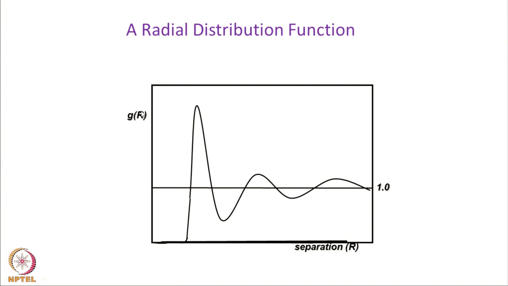Around the first particle, whenever the first shell is completely formed, I have a maximum. Second shell, I have another maximum, third shell, another maximum. Between the first shell and the second shell, as I move out, there comes a point where this density is less than the bulk density. There will be a region between the first peak and the second peak where the local density will be very small, because immediately after the first neighbors, there will be some gap till you find the second neighbor around a particle. That is why this minimum is there. So, this is my g(r).